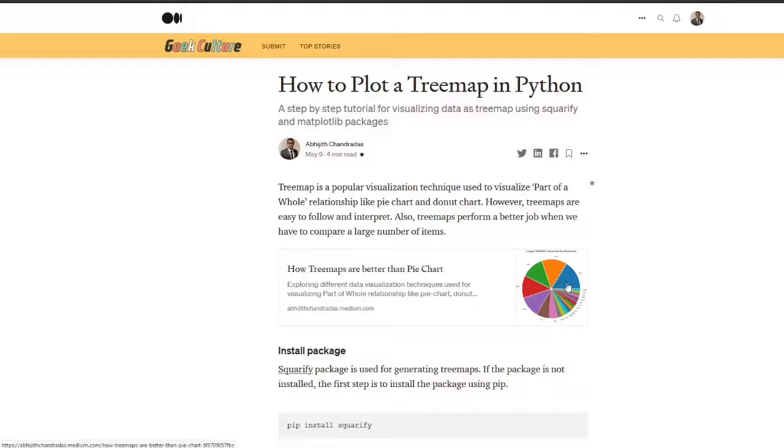The main reason is that our human brain is not capable of comparing angles. In a pie chart, if the measure is higher, then the angle will be higher, and the sector will be of a larger area.